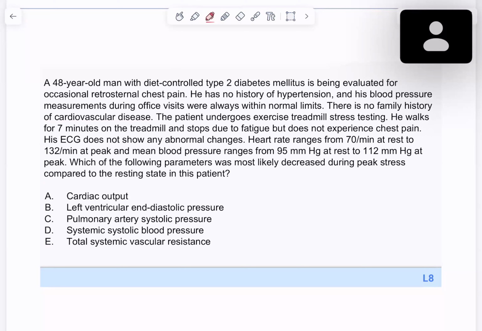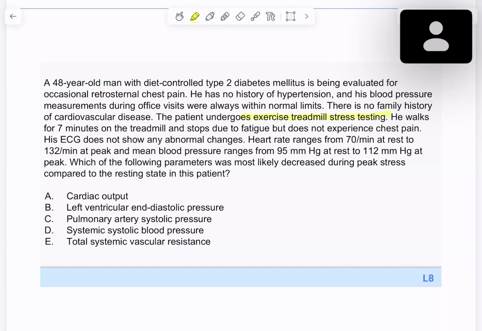This is a very long question, but what it wants from you is actually very simple. Let's read it. A 48-year-old man with diet-controlled type 2 diabetes mellitus is being evaluated for occasional retrosternal chest pain. He has no history of hypertension, and his blood pressure measurements during office visits were always within normal limits. There is no family history of cardiovascular disease. The patient undergoes exercise treadmill stress testing. He walks for 7 minutes on the treadmill and then stops due to fatigue, but does not experience chest pain. His EKG does not show any